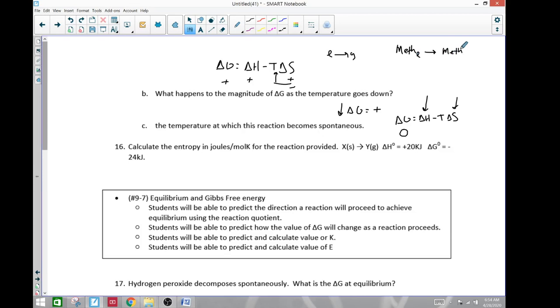So for methanol liquid, I've got the delta H located here. The delta S is located here. So the methanol liquid is negative 238. And then we have this one is negative 200. And then delta S is 126. Hold on a second. Yep. 100 and